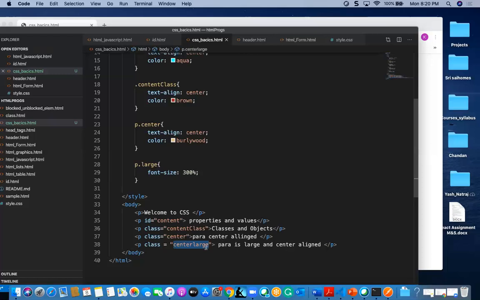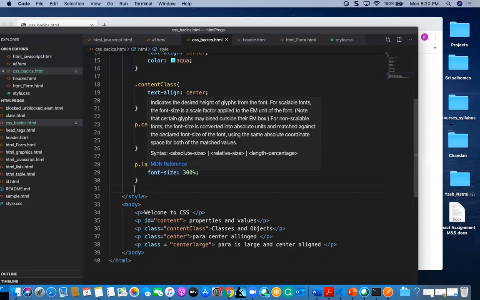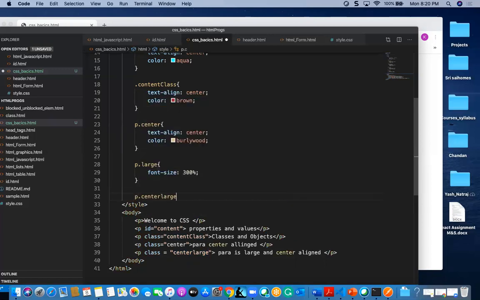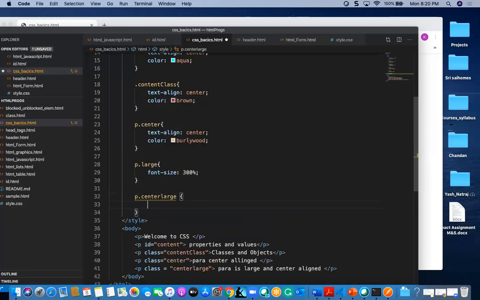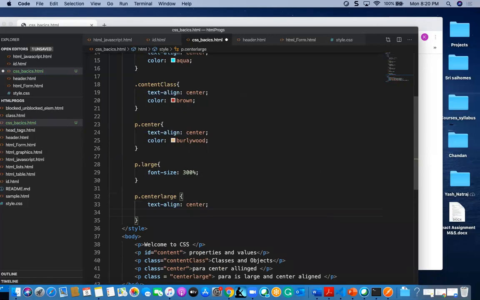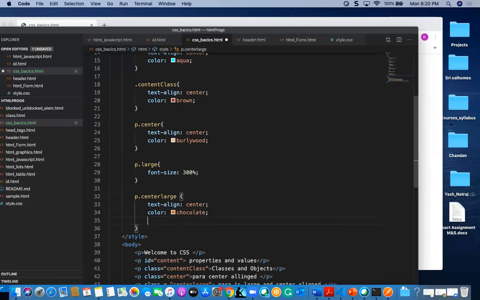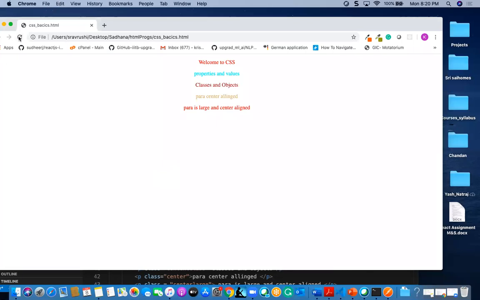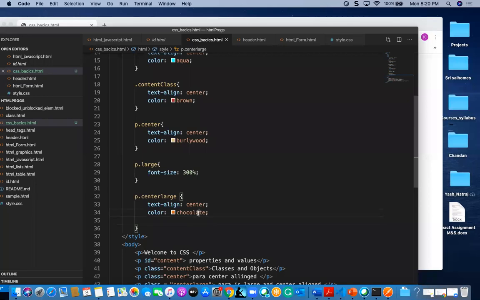What that means is you have to give one more thing, like center large, and you have to mention text align and center, and color, some chocolate. And this is something else. Again, it will bring us some other color. You can see chocolate, and else you can give black if you want.